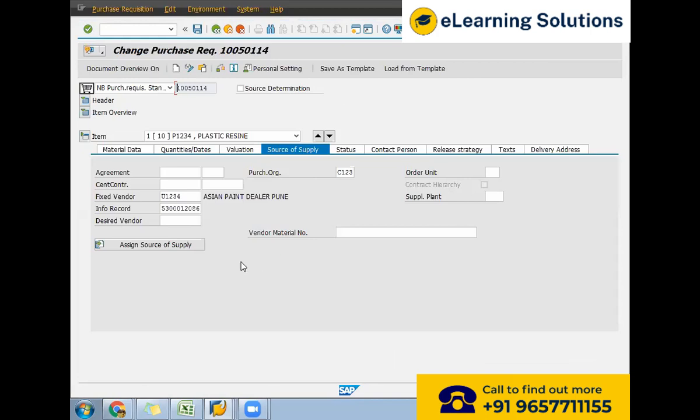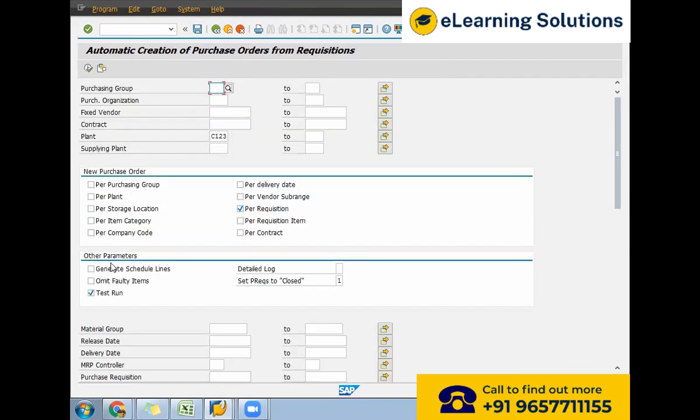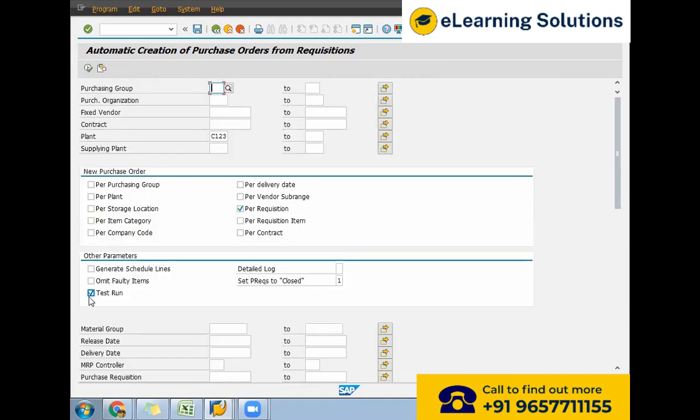Test run failed. Maybe PR is open. Let me check again. Yeah, so PR was open there. That's why it was not converting. So now test run is successful and requisition successfully converted. Now, if I remove this test run, then,